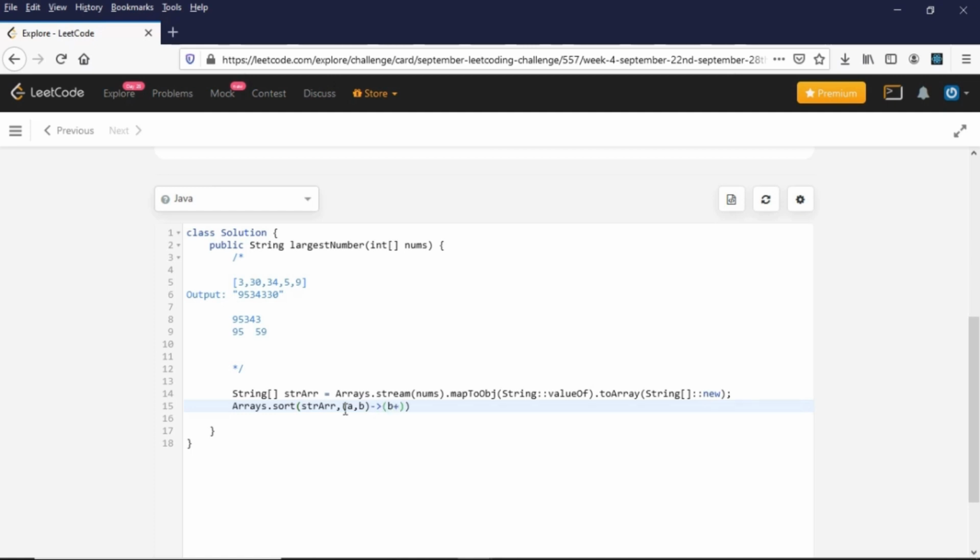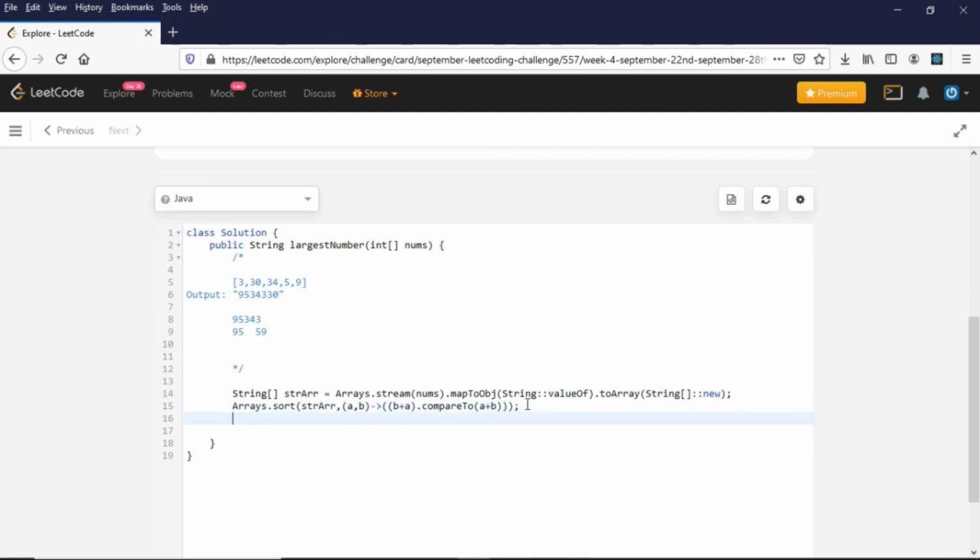So first, since we are interested in descending order, we will do B plus A dot compareTo A plus B. Okay. This will check for the strings in descending order, since I am doing the second one, B plus A, and comparing it with A plus B. So it will give me in descending order.